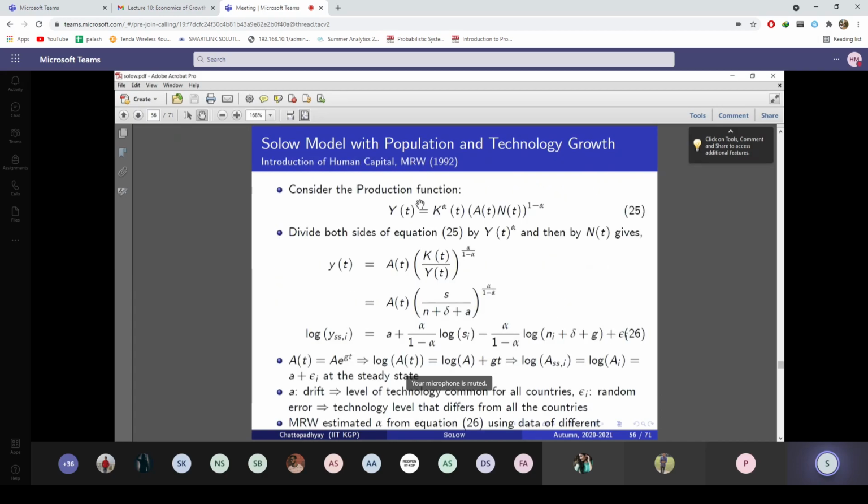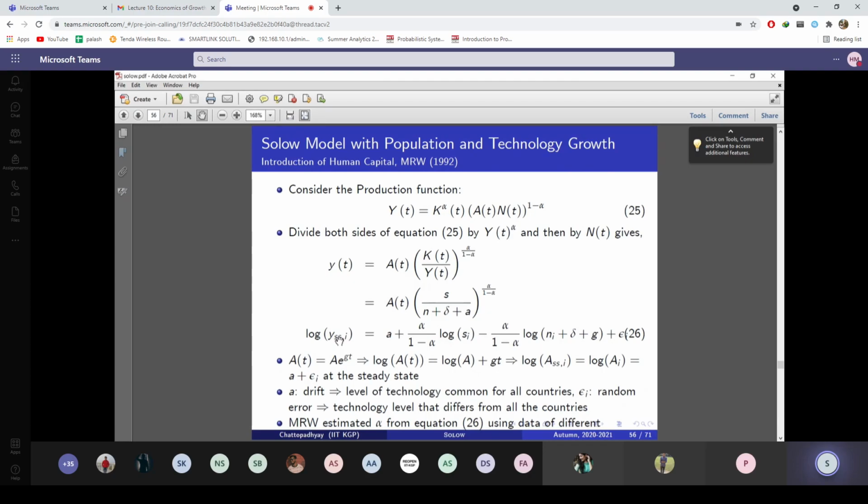So they started with the standard Cobb-Douglas production function, labor augmenting technology, manipulated that in that fashion, got this result, took logarithm both sides, and allowed a country specific savings rate. So this is the savings rate for the ith country. This n_i is the population growth rate of the ith country, and the left hand side is the steady state output of the ith country. For the steady state output, their time period is 1965 to 1980, so they have taken the average output.